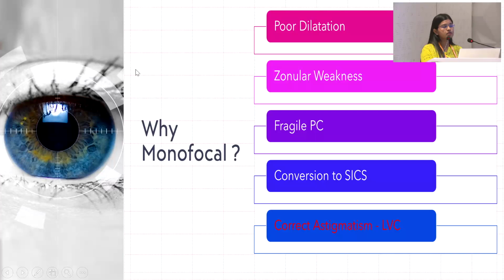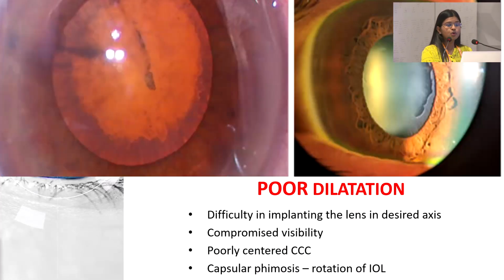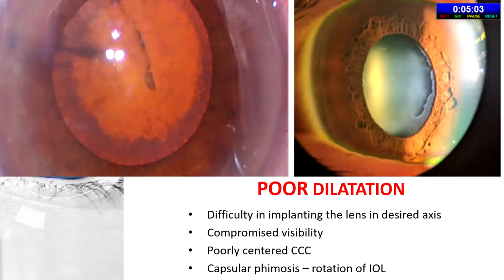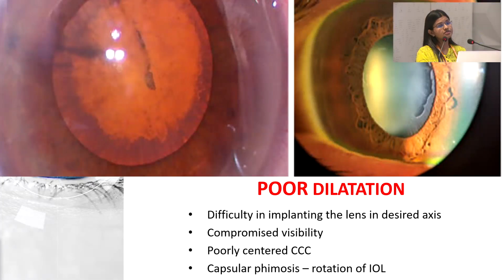So why monofocal? Poor dilating pupil, zonular weakness, fragile PC. We might need to convert to SICS intra-op, and we can always correct astigmatism using laser vision correction. So, in case of a poorly dilating pupil, there is limited visualization. There can be a CCC which is not centered. We might leave cortical matter behind. Capsular phimosis can occur. While implanting the IOL, we might not be able to visualize the three dots at our axis,